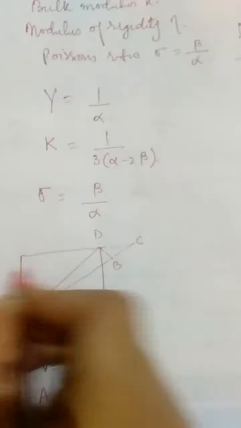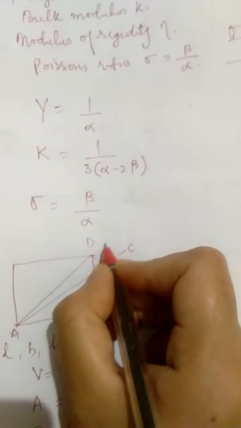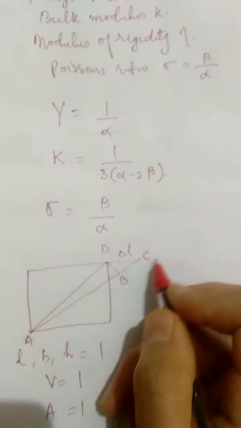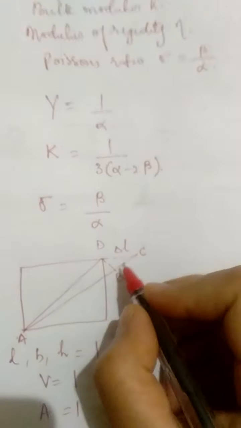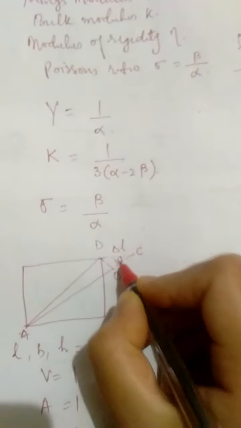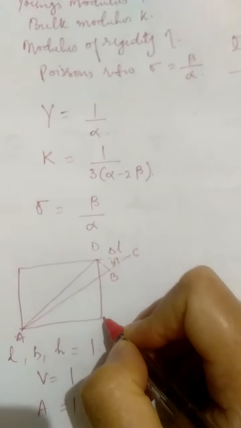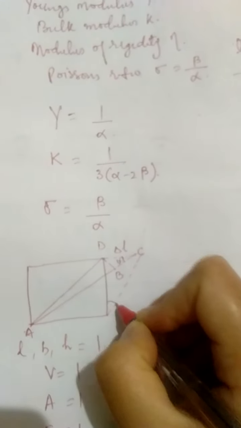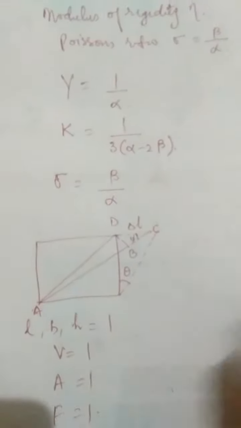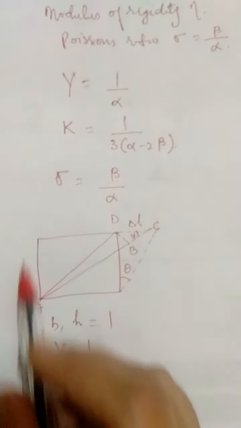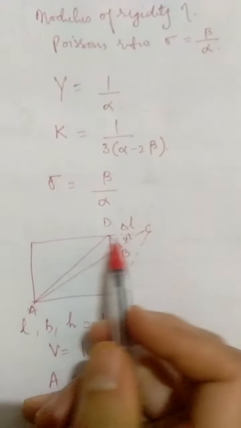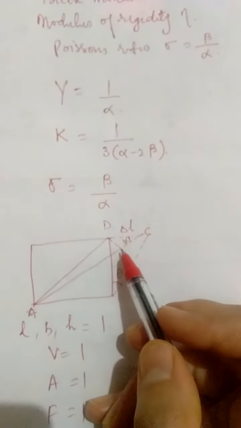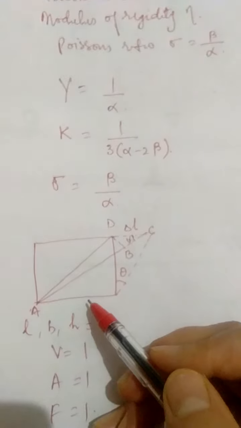What is the elongation produced in the side of the cube? It is delta L. So this DC is delta L. And what is the elongation produced along the diagonal? That is BC, right? Suppose this angle is phi. And the angle through which the side of the cube has bent is suppose theta. So we call this angle theta. I'm repeating again that we have chosen just one face of the cube. This is the diagonal. This is the side of the cube. It gets elongated by a length delta L, and the diagonal gets elongated by this much, that is BC, right?